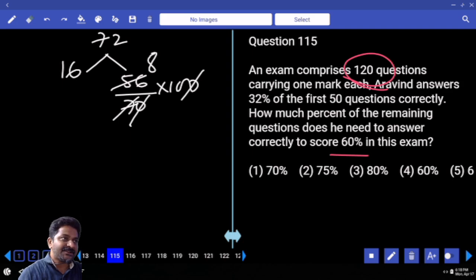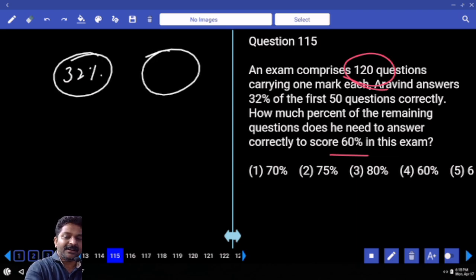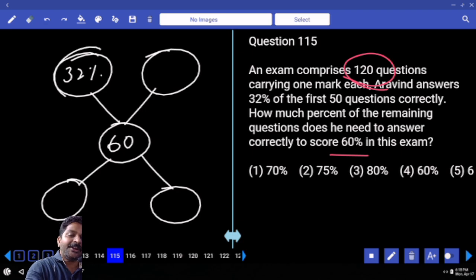We can use allegation also. First he got 32%. Remaining we need to calculate. Overall he got 60. Okay. 32% he already scored. Out of how many questions? 50. Remaining